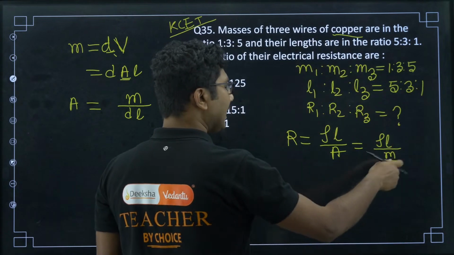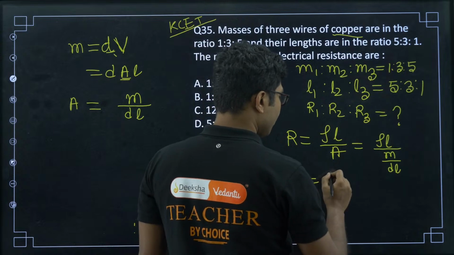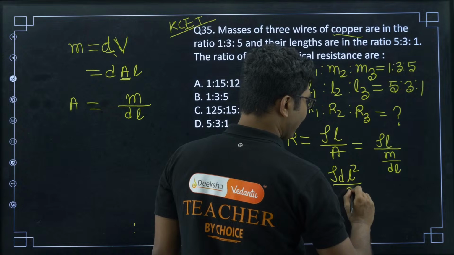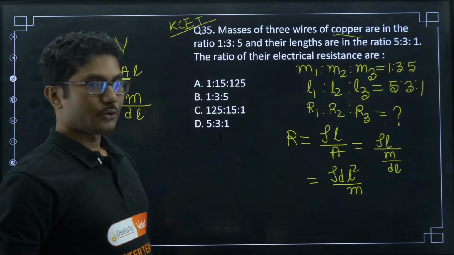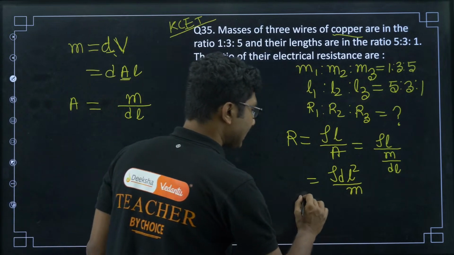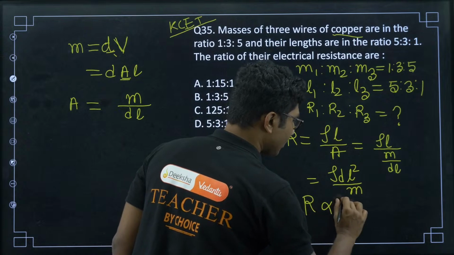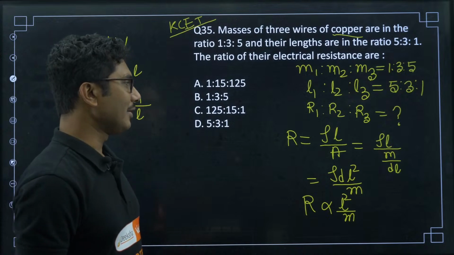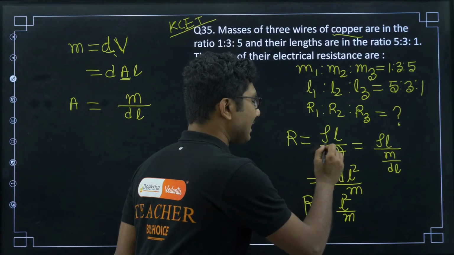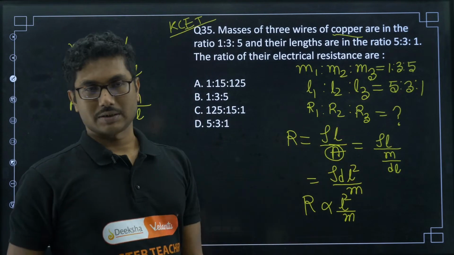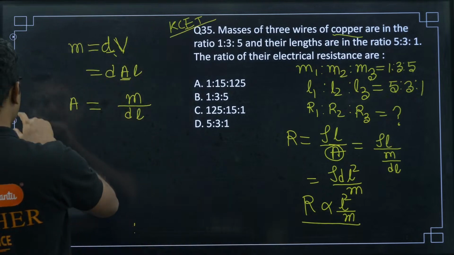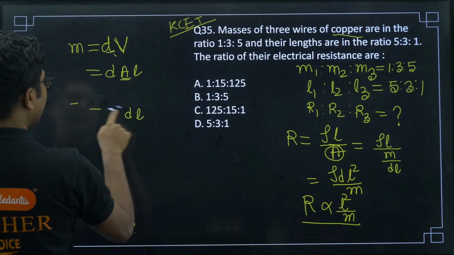Now dl will go up, so rho dl square by m. So resistance is basically proportional to L square by m. What we have done is replace this area with mass, and we found that resistance is proportional to L square by m. So definitely